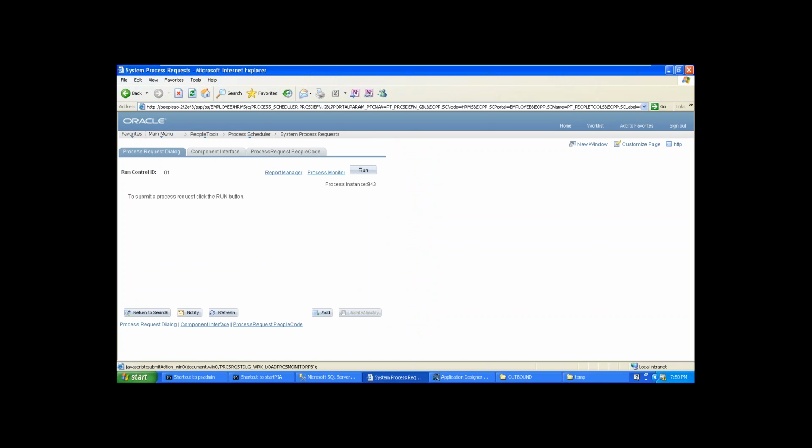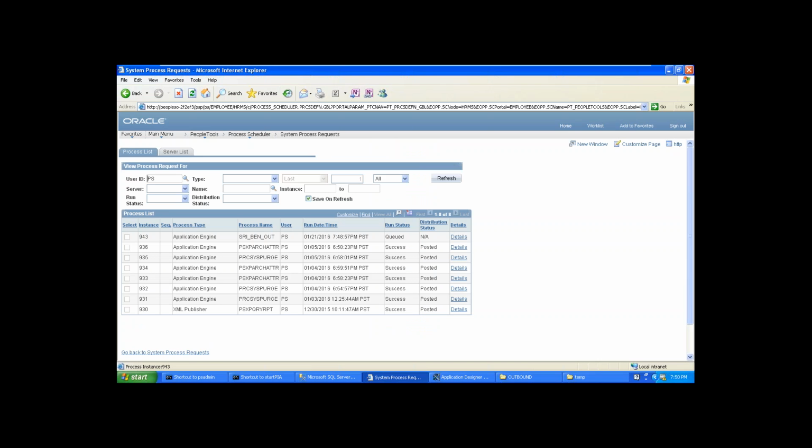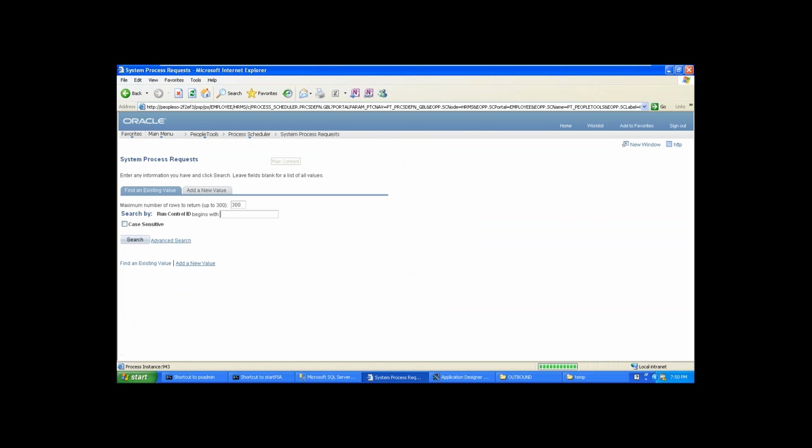Go ahead. So whatever component we gave under the security multi, all the programs we saw under this process monitor are associated to that multi. Is that right? System process request, yes, you're right.